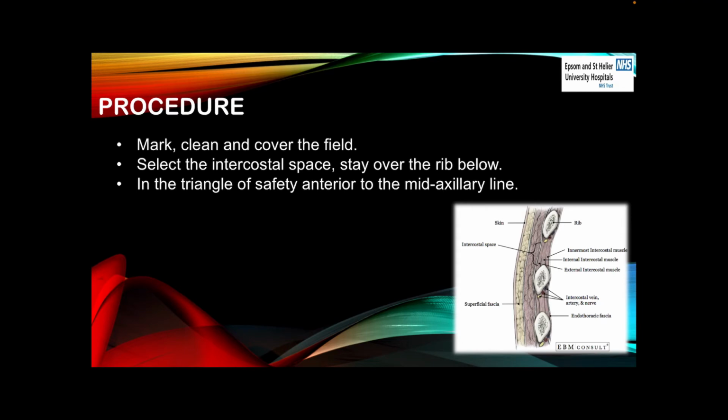Here we go. This is the intercostal space. We can see here this is the rib, and this is the other rib, and we can see that in the intercostal space, you can see the subcostal neurovascular bundle, VAN: vein, artery and nerve. So when we insert the chest drain, it should be over the